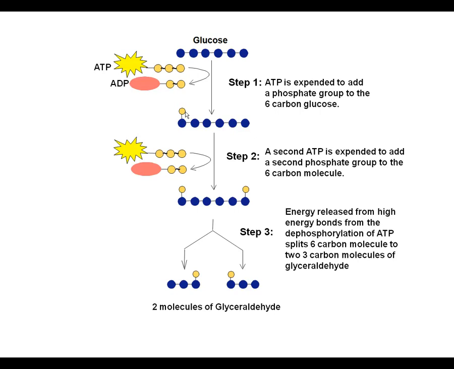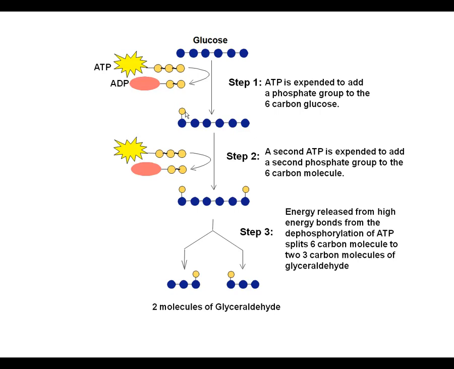In step 1, ATP is going to be expended to add a phosphate group to our glucose. Then we're going to expend a second ATP to add a second phosphate to our glucose. The energy that was released through the dephosphorylation of ATP has split this 6-carbon molecule into 2 molecules of glyceraldehyde. Now, I started with 6 carbons and I have to stay with 6 carbons. I have to be able to keep track of all of these. So I may have 2 molecules, but I still have my 6 carbons available. So we have split